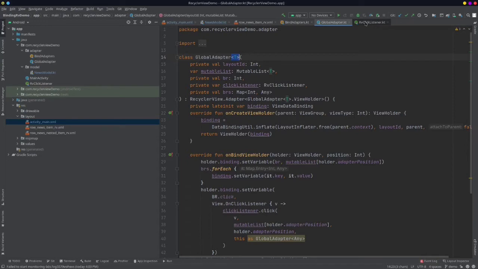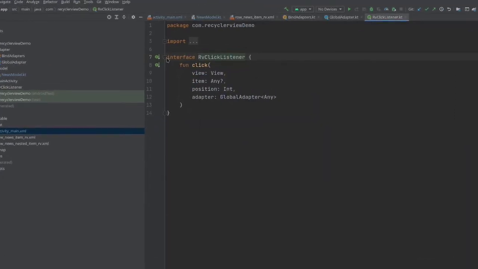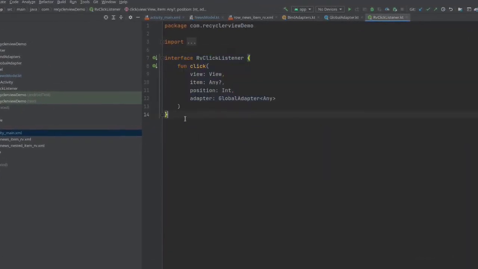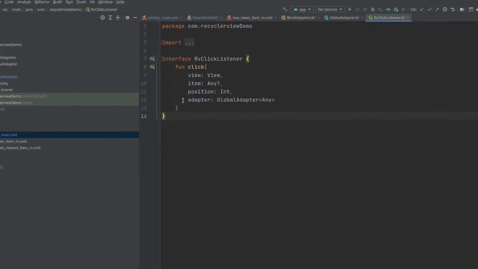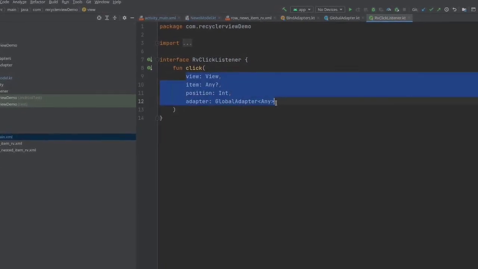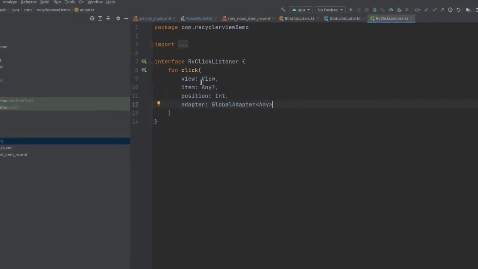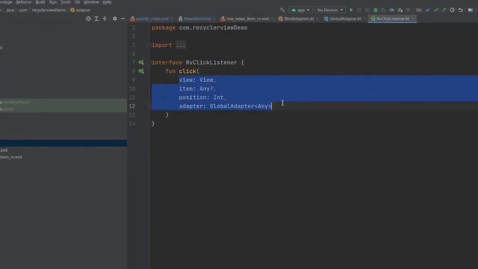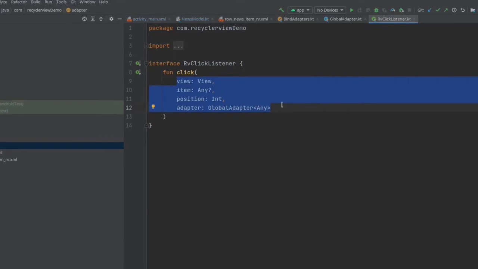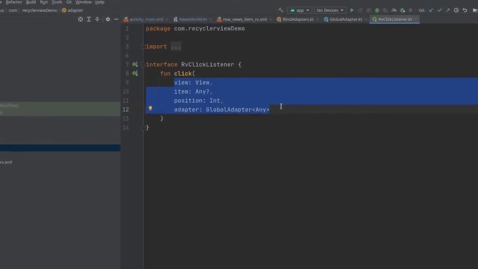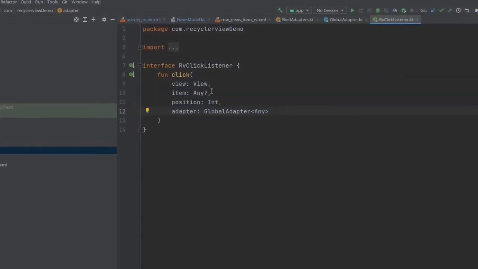Okay, so now let's understand why we need this interface. To get the clicks and every parameter from our recycler, I had to make my own click listener for this. It accepts 4 parameters.